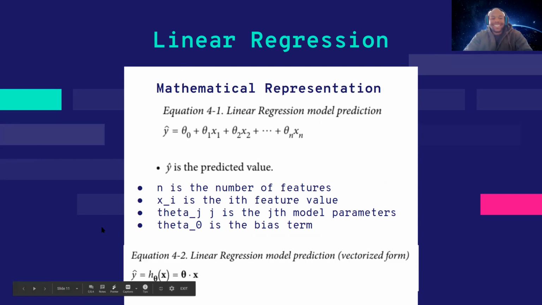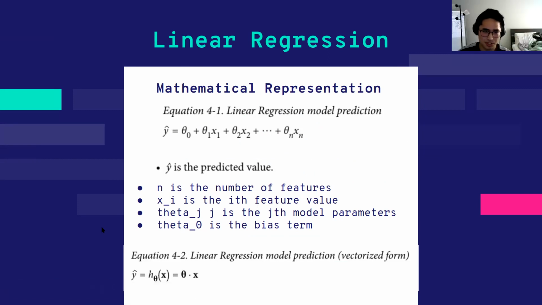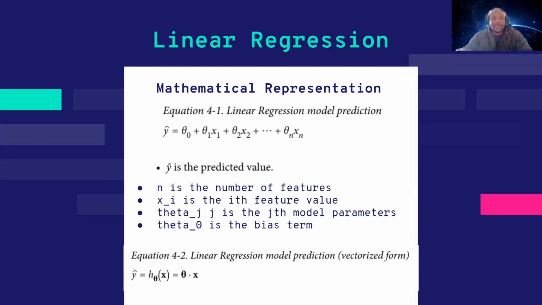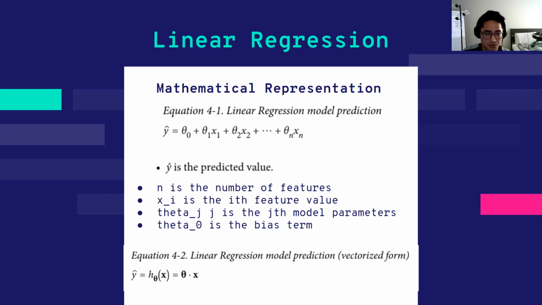Linear regression. So you guys learned in high school y equals mx plus b, right? Well, you can sort of see y equals mx plus b being applied here. In high school algebra, you learned that b is basically what we call the bias term. It just translates your graph up or down on the y-axis. So that's basically what the bias term means here.